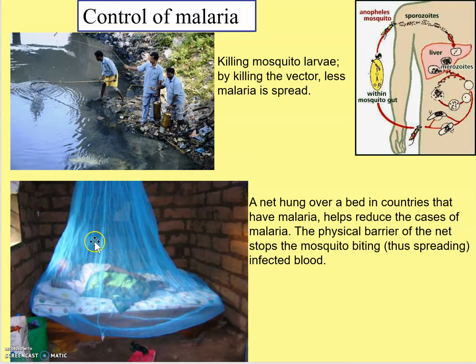The other way is this kind of physical barrier of a sleeping net. You can impregnate the sleeping net with insecticide as well, which sort of puts the mosquitoes off. If you stop the mosquitoes biting the people, then hopefully that'll stop the spread of malaria, or at least decrease it. Anyway, that's a really quick whiz through that first